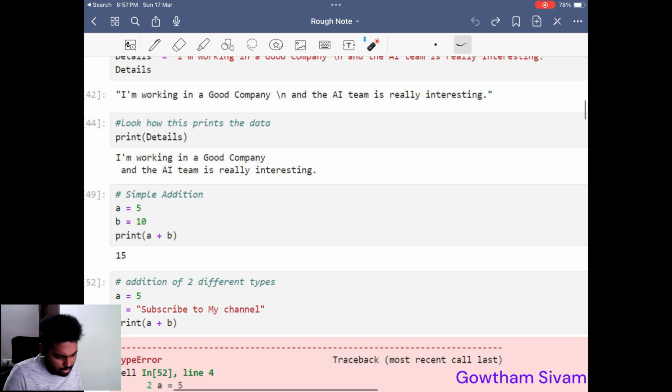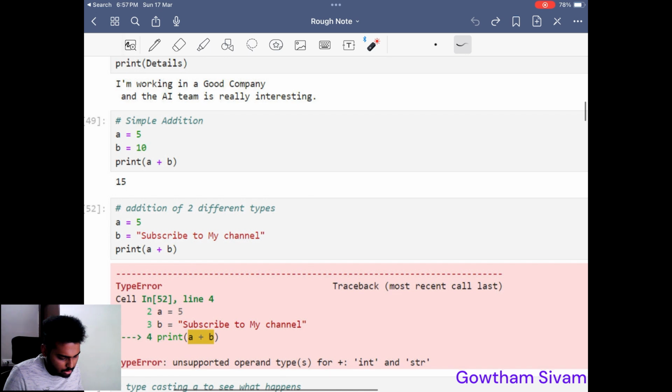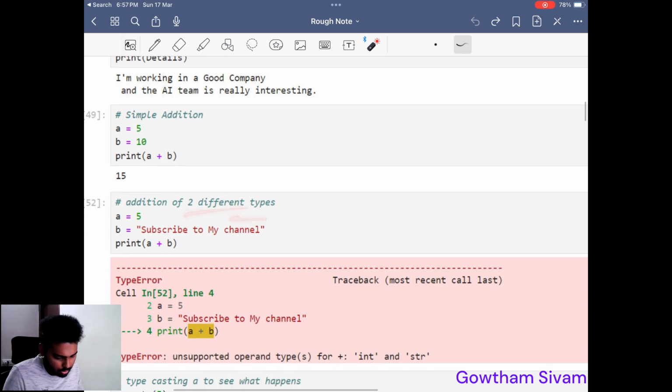Next is simple addition. This is like a is equal to 5, b is equal to 10, just adding them. Addition of two different types. Okay, if you see here, addition of two different types. A is equal to 5, b is equal to